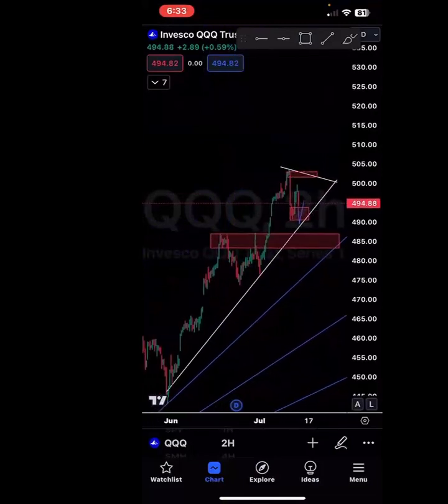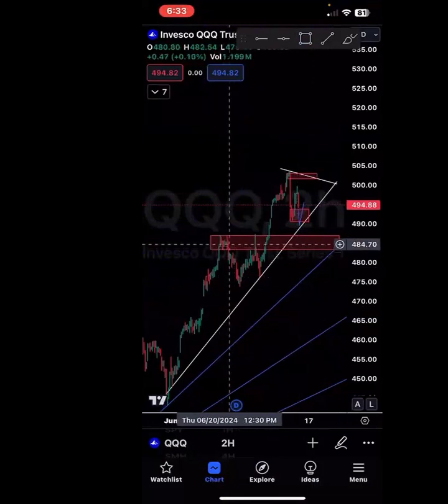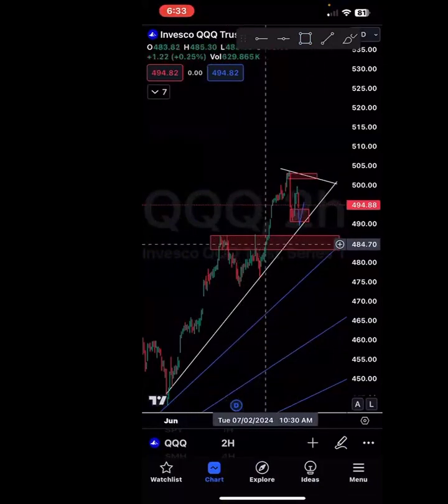So notice I went on a 2 hour. I found this little movement up here where the price consolidated, looked like for a day, in these zones. I followed it over and saw that it was a huge,